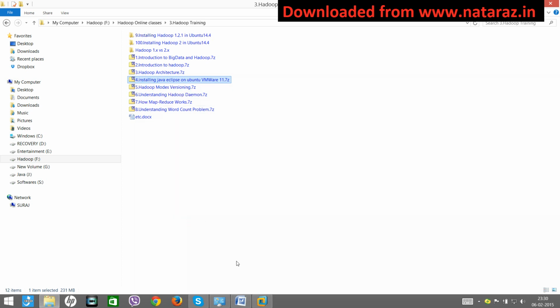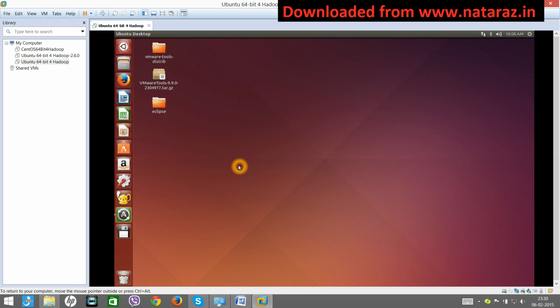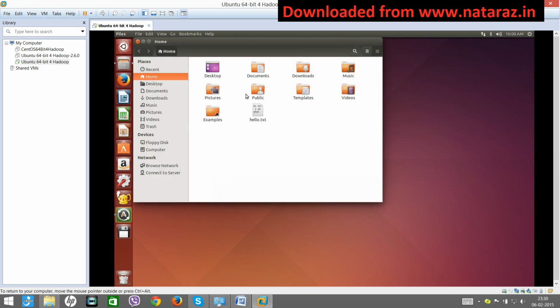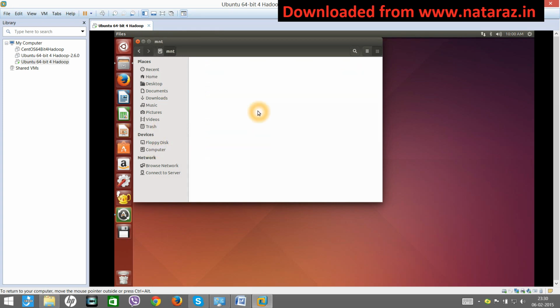Before you start with the installation of Hadoop, make sure that your drives are shared. You go to My Computer and open the folder HGFS. This is basically the drive from Windows.